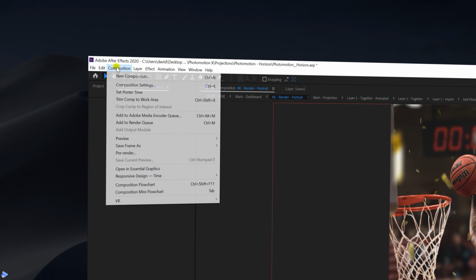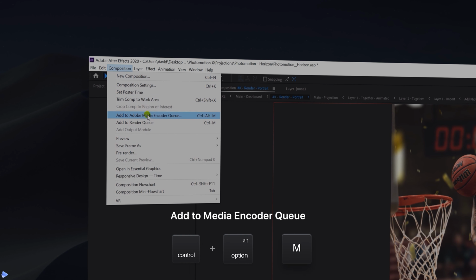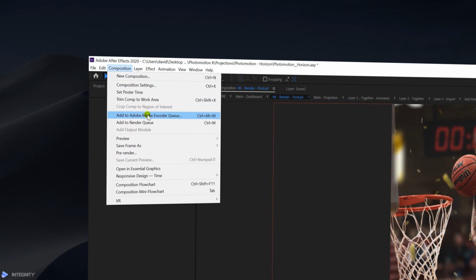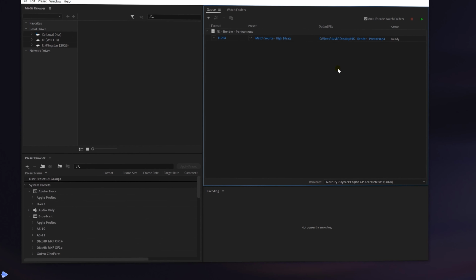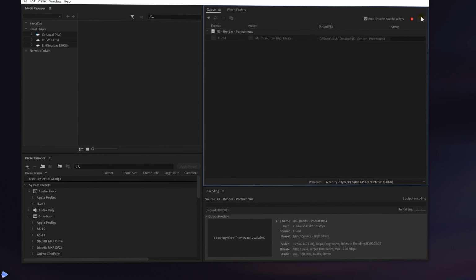So with that being said, let's just bring this into Media Encoder so we can export out as an MP4 directly. You can also export out through After Effects, although unfortunately at the time of this recording it lacks the ability to render out H.264 MP4 for now. Quite frustrating. Alternatively, you can render it out as a .mov and then bring it into Media Encoder to make an MP4. Now as long as your format is set to H.264, and of course you're happy with your settings, just hit the export button above and you're good to go.